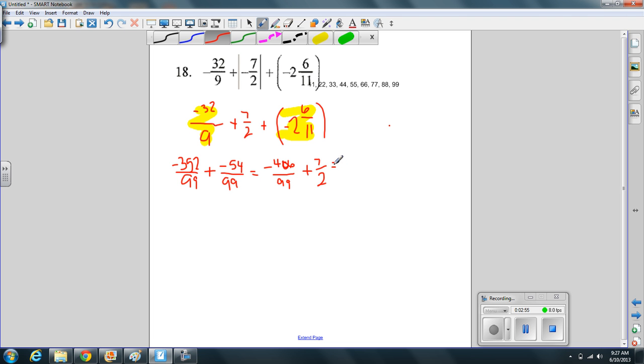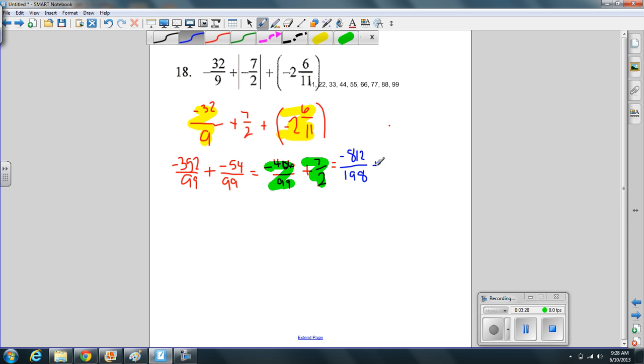So we need a common denominator. So now we're taking a look at this number here and this number here. So common denominator between 99 and 2, all I was able to find is 198. I just multiplied the two together. So I have 99 times what is 198? It's times 2. So 406 times 2 is 812